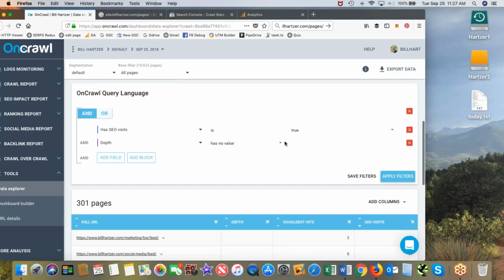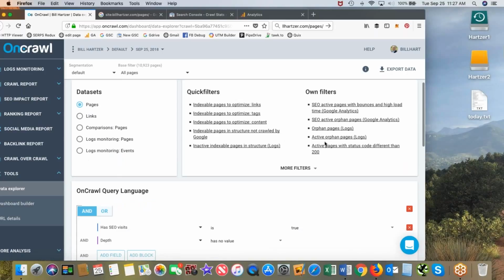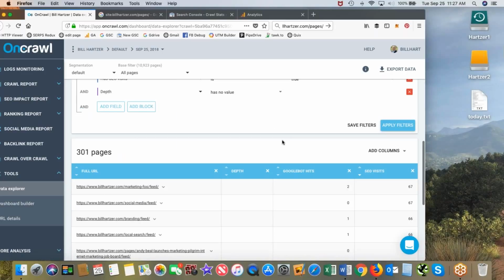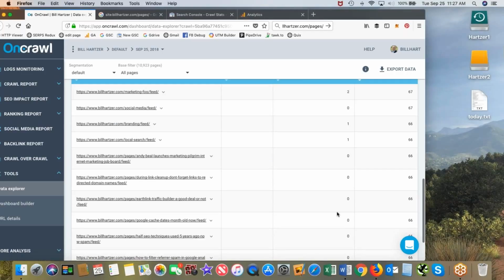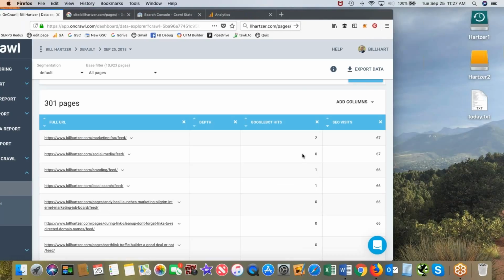And in fact, in this case, it looks to me like there are Googlebot hits. Now granted, this is over 90 days, so there's not a lot of traffic over 90 days. But in fact, for example, there are